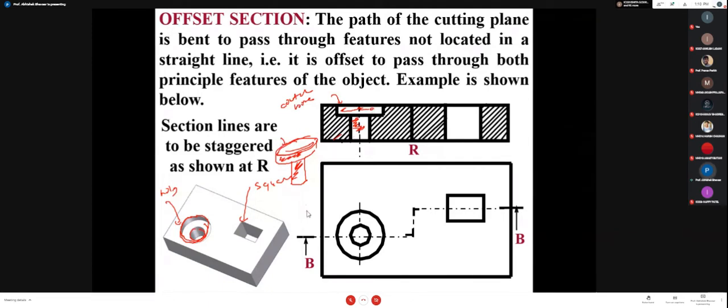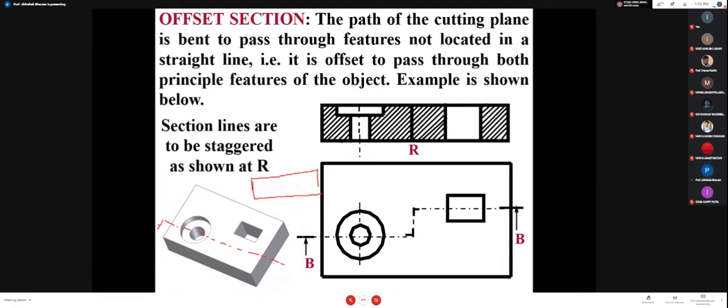So if I am having such type of feature, in this case, if I want to give a cutting plane like this, suppose I am giving a cutting plane like this, then in a front view, only one feature will be visible to me. If I am having this as AA as a cutting line, how will my front view look like? My front view will look like this. Behind the job, I am having this hole there, but as we have seen the rule, we are not going to show any hidden line. They are remaining behind the cutting plane. So that's why your front view will look like this.